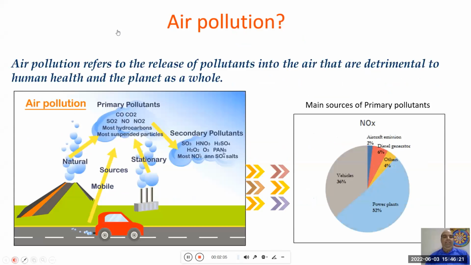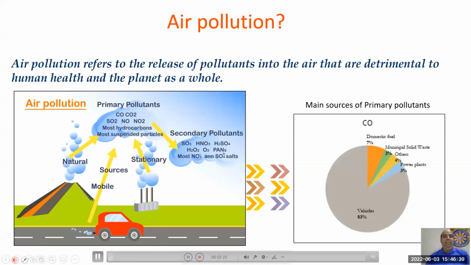What does air pollution mean? Air pollution refers to the release of pollutants into the air that are detrimental to human health and the planet as a whole. You can see in the picture a vehicle which is a major source of pollution, and these pollutants